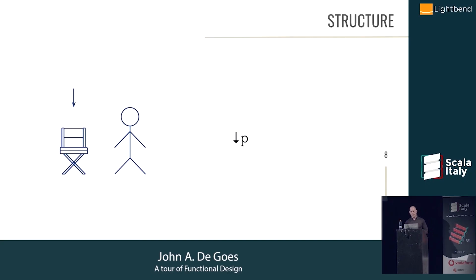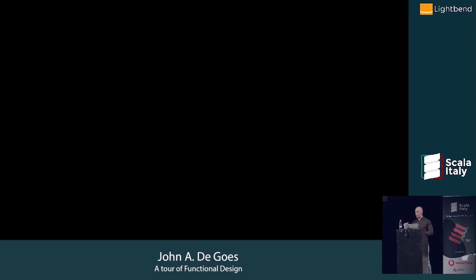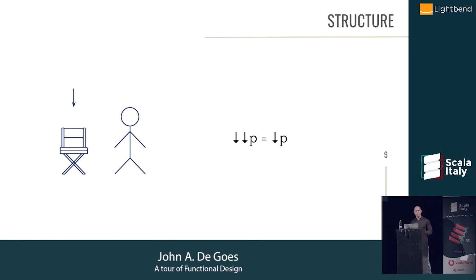And one way to do that is to introduce an operation called sit down. This is the sit down operator. And we apply it to one of you, and that gives us back one of you that's sitting down. And if we have a sit down operator, then one of the things that we could say is true about that operator is that if you sit down and you sit down again, you are in a state of sitting down. In other words, if you apply this operator twice, you get back the same thing as if you apply it once. This is idempotent. The sit-down operator is idempotent.